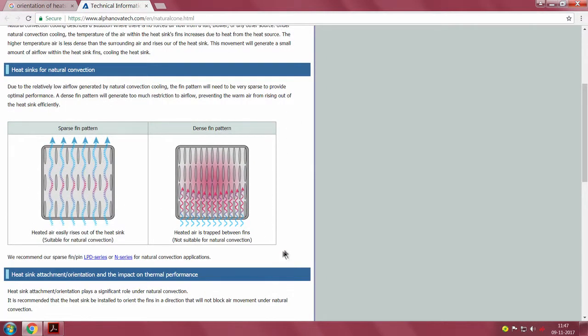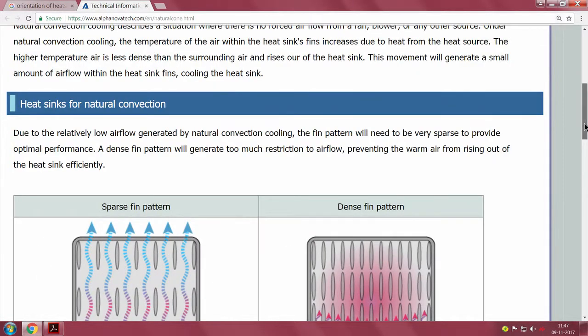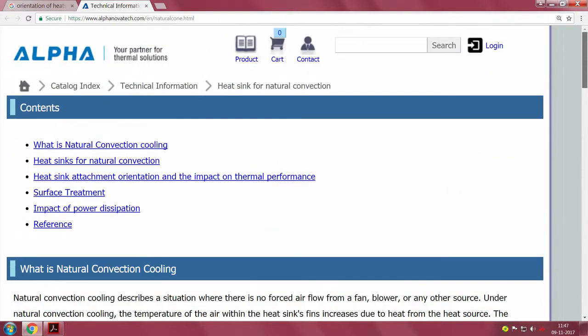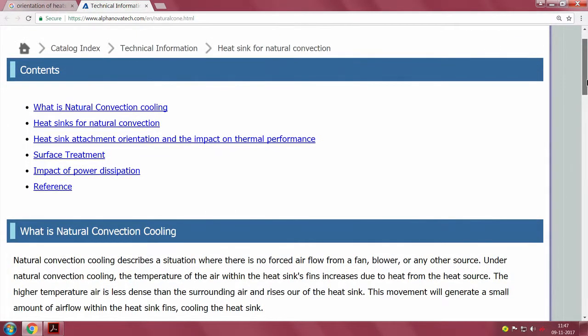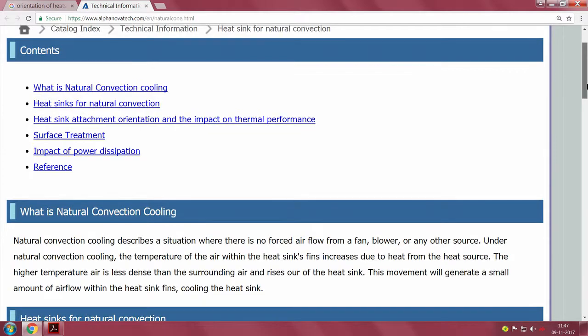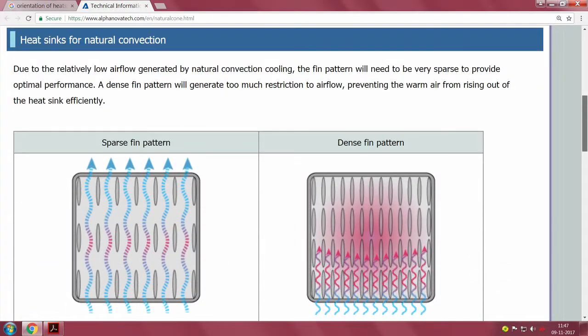Same thing repeated again, which I have shown you earlier, except that this is from a commercial source, somebody who supplies all these things. They have written a little about convection cooling. This is what I have kept on repeating to you earlier.